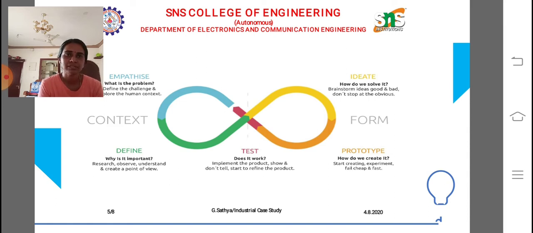Here we are going to discuss our define statement. We are considering multi-core operation, that is, a single processor can perform different operations at a time, and we are incorporating different operating systems, how the operating systems are interconnected with each other, how they communicate at a particular time, and based on the communication, how they can effectively produce their output. We will discuss one by one. So our define part is to find the solution for multi-core operation, and the ideate part is how the processors communicate with each other at a particular time.